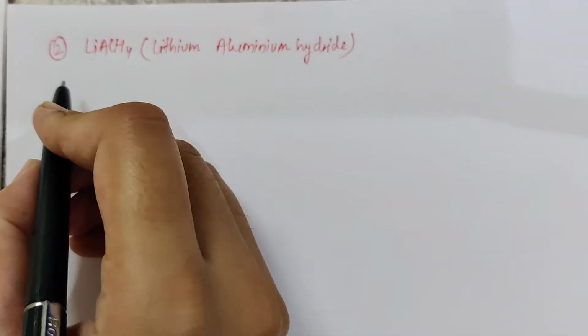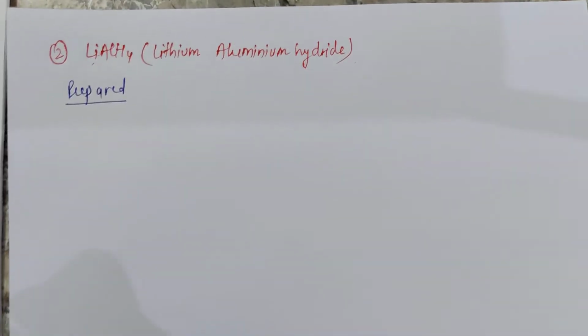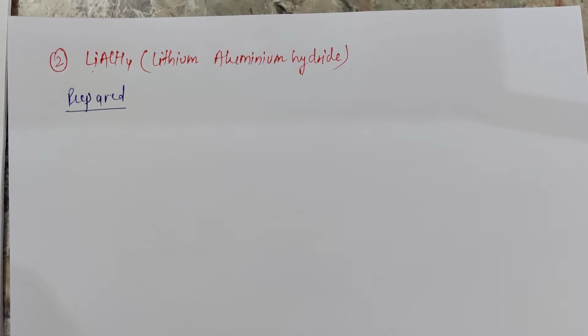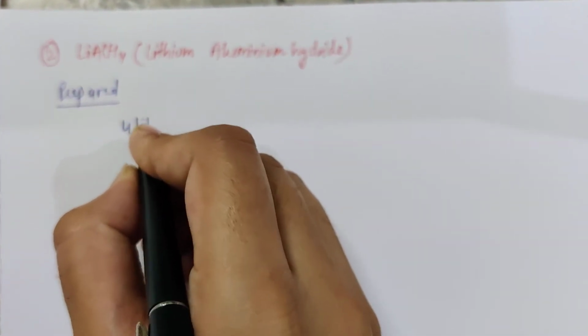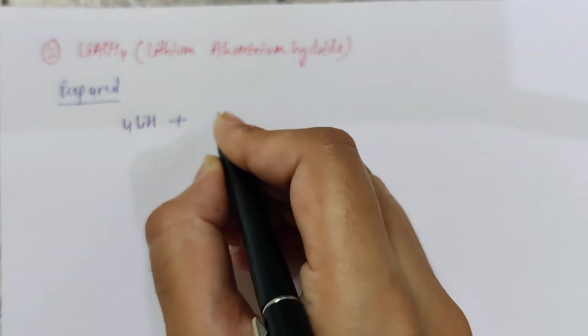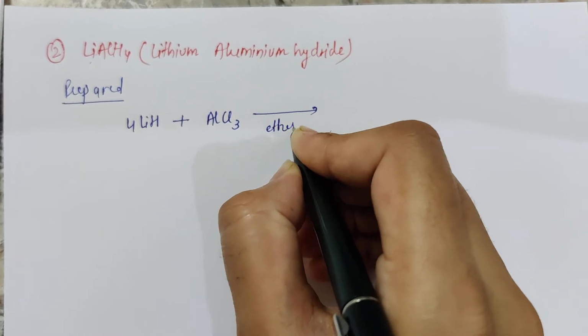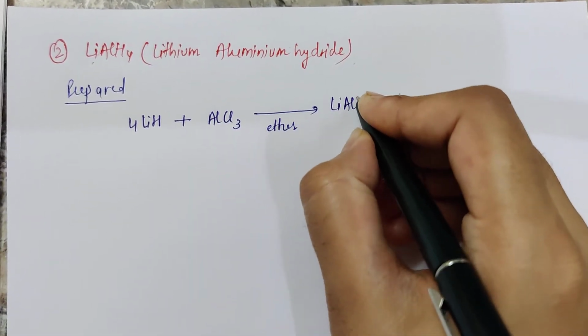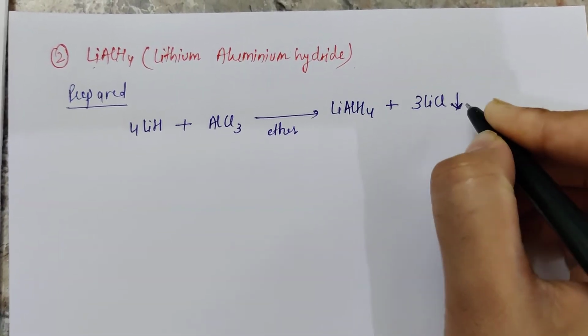The second reducing agent that we have to study is lithium aluminium hydride. Lithium aluminium hydride is prepared by slowly adding anhydrous aluminium chloride to a very thin paste of lithium hydride. So, to a paste of lithium hydride, aluminium chloride is gradually added, and this is taken in the solvent ether to form lithium aluminium hydride plus lithium chloride. Lithium chloride precipitates out